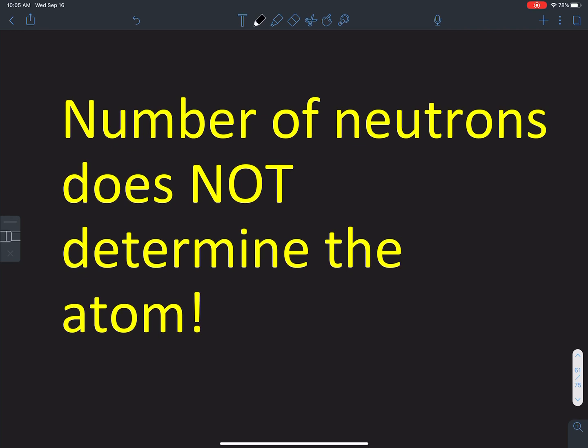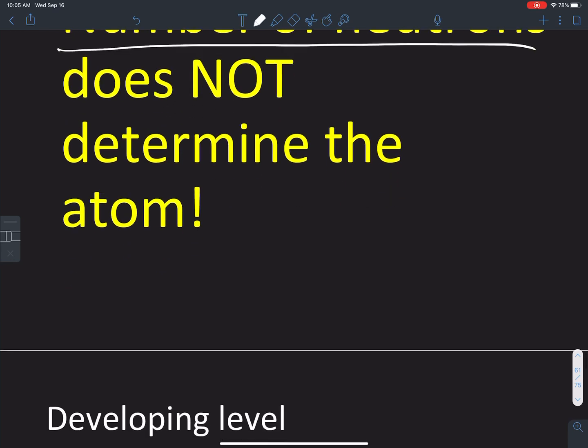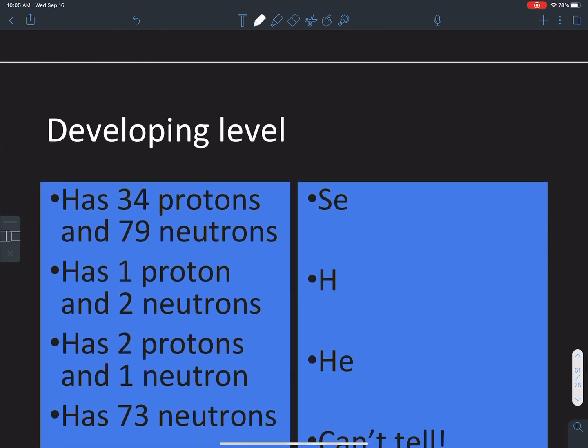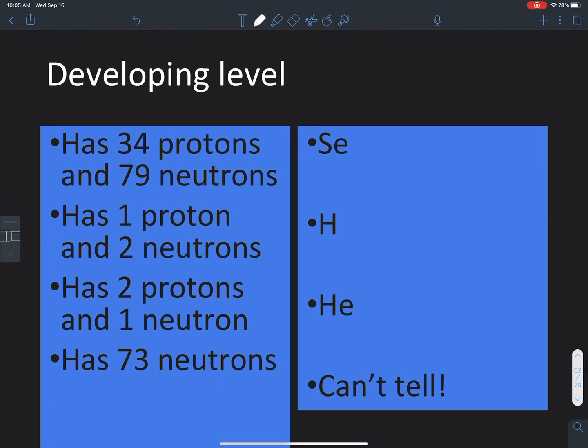So remember that the number of neutrons does not determine the atom. The number of protons is what determines the identity of the atom. Neutrons only contribute to the mass. So let's see if we can find the identity of some of these atoms. So if you have an atom that has 34 protons and 79 neutrons, you need to only pay attention